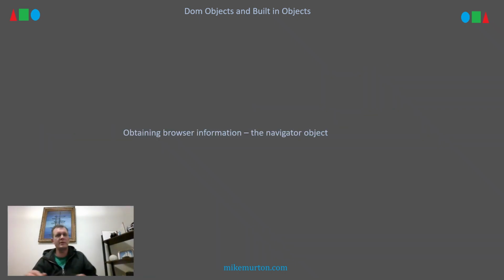Obtaining browser information using the navigator object. The navigator object is antiquated, so I wasn't really going to talk much about it. What I will say is that there are properties of the navigator object: if you go navigator.appName, it'll give you the name of the browser. appCodeName will give you the code name. appVersion will give you the version of the browser, language, the language that's being used, whether it's cookie enabled,